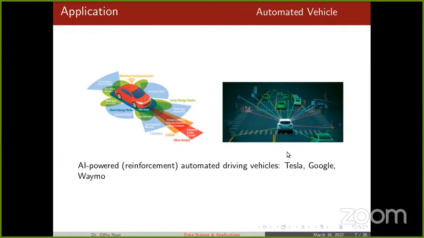This is AI powered, and there is a special thread of machine learning, called reinforcement learning, that has been used here. That means it learns through trial and error, making some errors. After the errors, there will be a penalty, and after the penalty, it will improve the algorithm. So these are a couple of applications that we have seen so far.